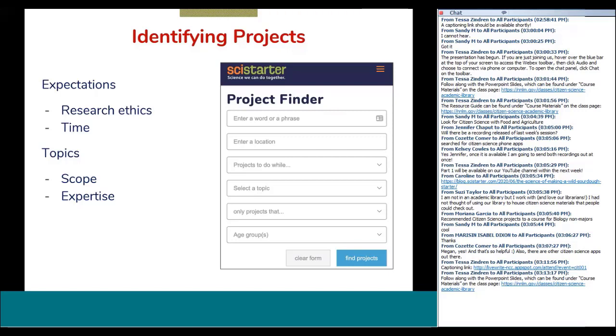Once big picture concerns are addressed, typically if you're looking for existing projects, I cannot recommend the SciStarter Project Finder tool highly enough. You can search for projects based on discipline or location or online components or extra features like pre-existing lesson plans or apps. You want to consider how long it should take students to participate because there are different levels of commitment and investment in training across projects, and you should consider what levels of technical expertise they might need and make sure that those line up with